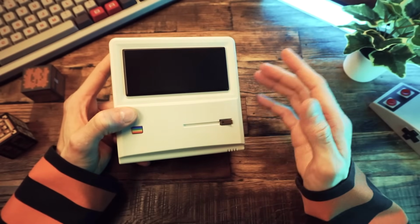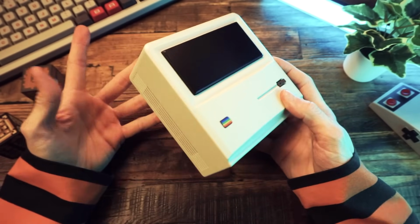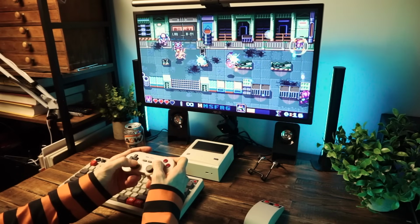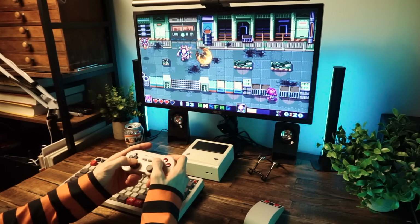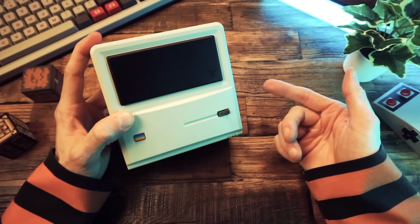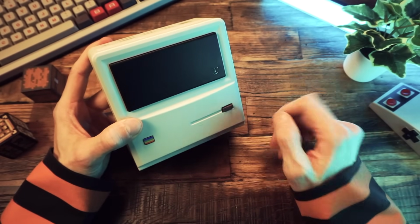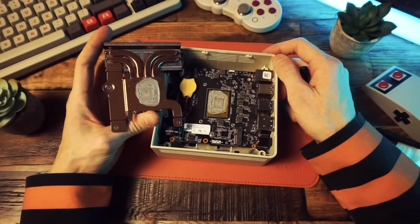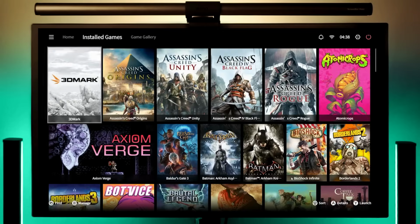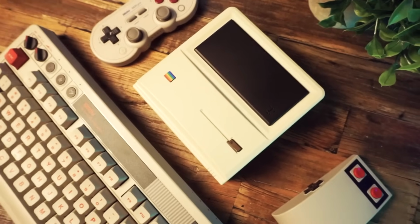I don't expect face-melting gaming performance from a $300 mini PC, so I'm willing to just think of this as a PC that should be used to play lower spec games, older games, and retro games. Maybe a few easier modern games, I guess. And at that, it does just fine. There are a few missteps, like the obnoxious upgrade process, the useless bundled software, and I really wish the PC could be stood up like a computer. But those gripes aside, I'm really into this